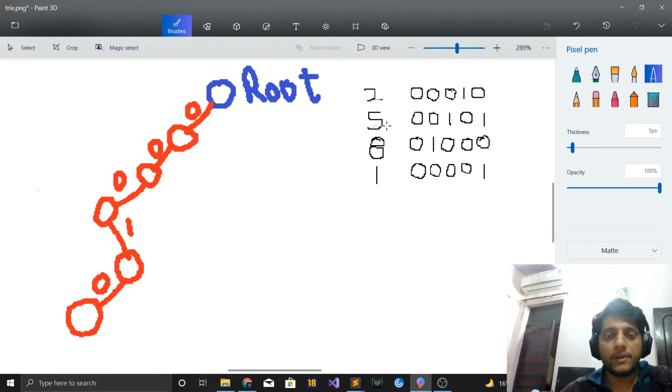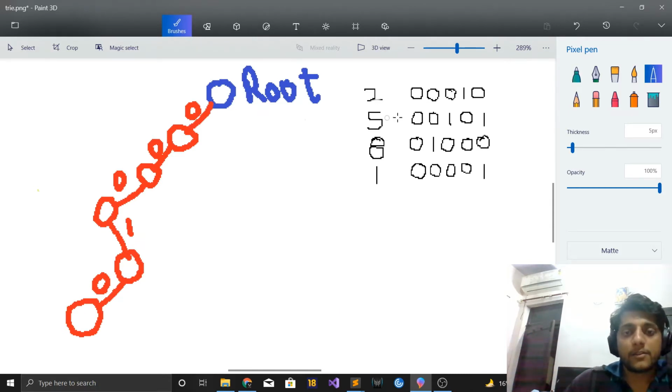Now let's see how we would insert 5. Okay, let me use a different color for it. So when we are inserting 5 in this trie, first bit of 5 is 0, and we also saw that first bit of 2 was also 0. Okay, so now trie is a special kind of tree. So why is it special? Because it represents data in a compact manner. It basically does not create the nodes which already exist in the trie. It tries to basically reuse them. So first bit of both 5 and 2 is 0. So for this root, instead of creating another child with node 0, we will basically use this particular link only, this particular node only.